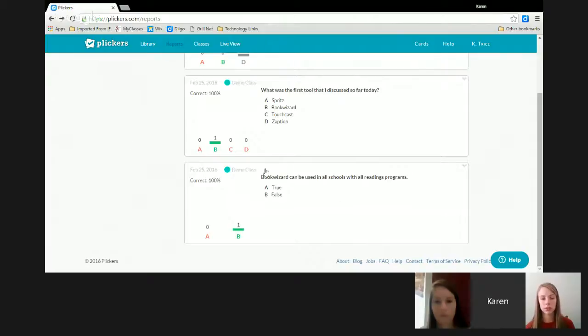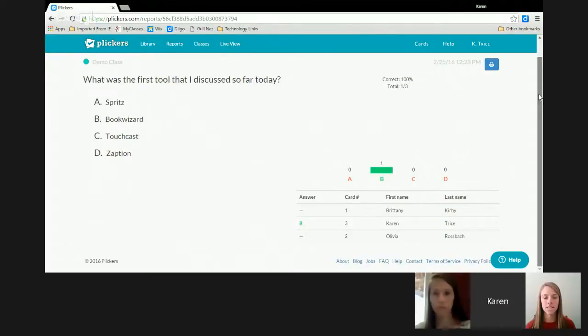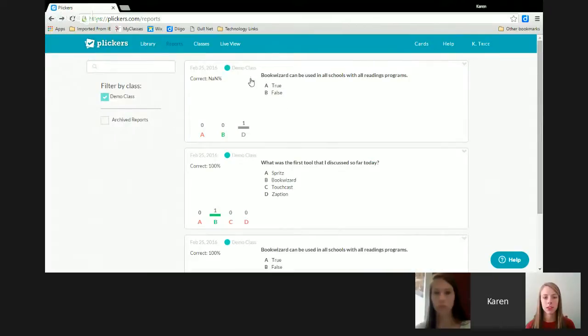So you get to see, similar to the other tools we've seen, the number of students, but not specifically. You can click within to see which student answered correctly, or didn't answer at all. So it gives you an overview of your whole class from a picture and a number standpoint here,